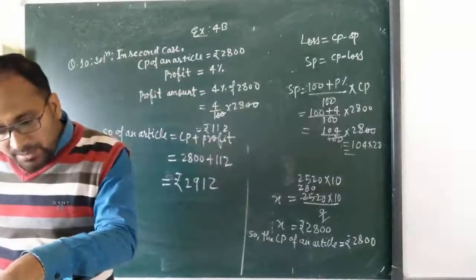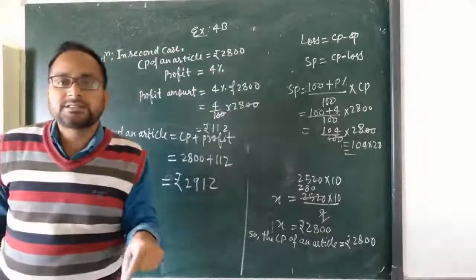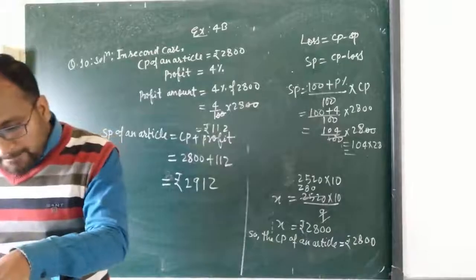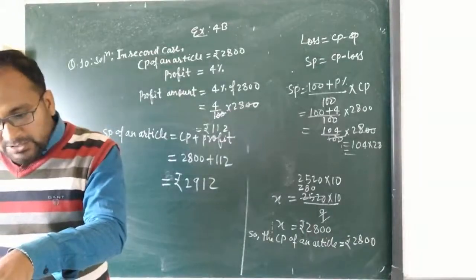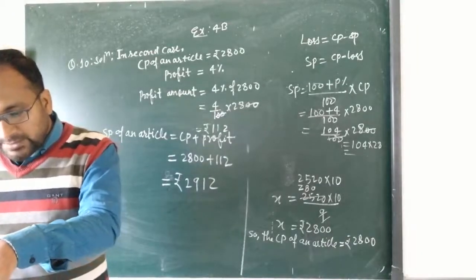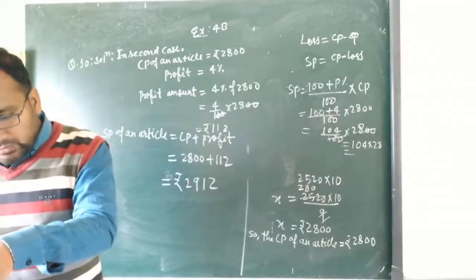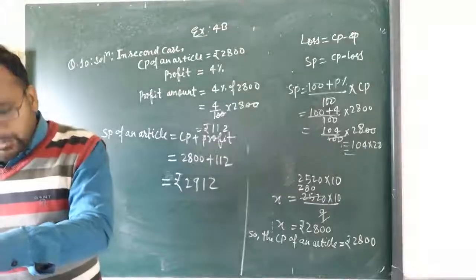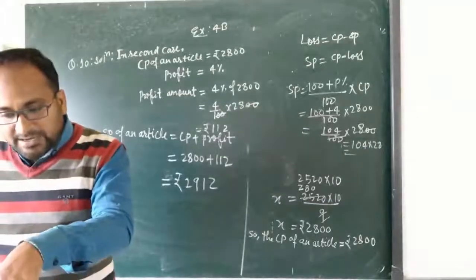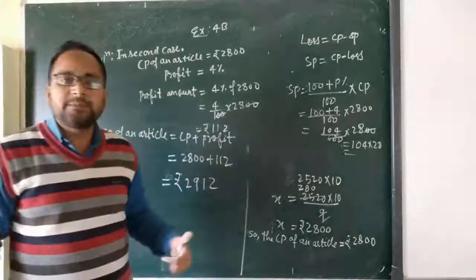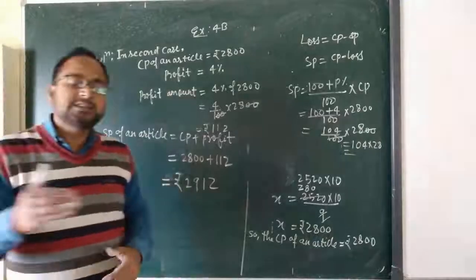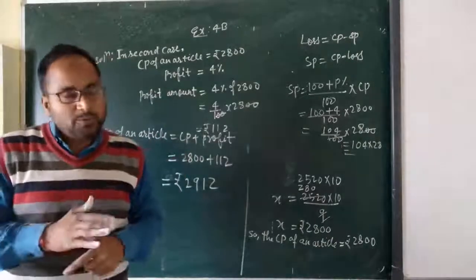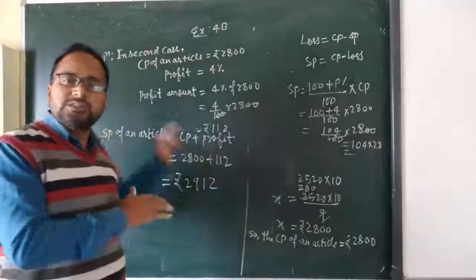Now question number 11 is the same as question number 10. In this one, if a shopkeeper sells some plastic chairs for 1296, he will make a profit of 8%. But he sells them at a loss of 5%. What is the selling price? It is just the opposite of that one. In the first case, we get a profit. In this question, in the first case, we get a loss. Just the opposite, but you will use the same process.